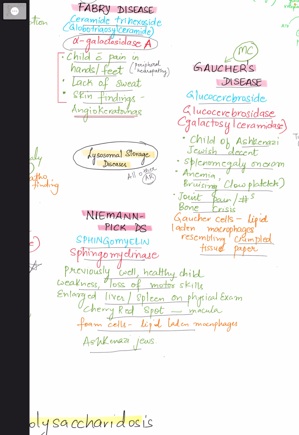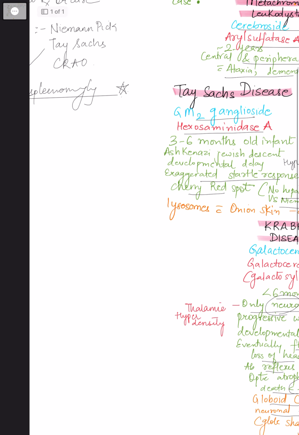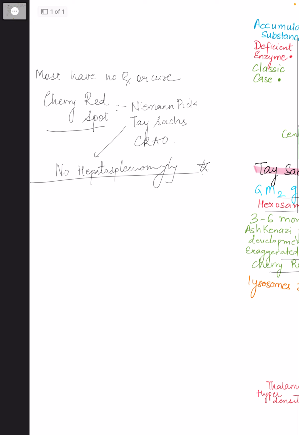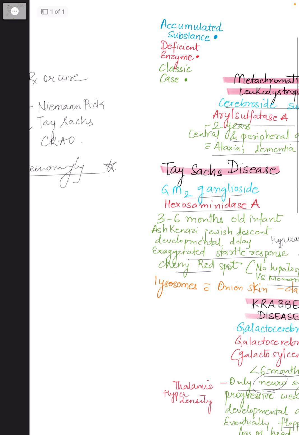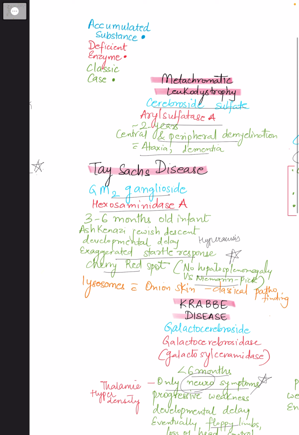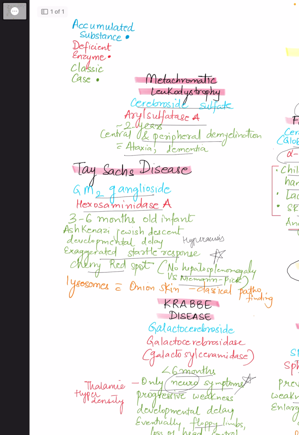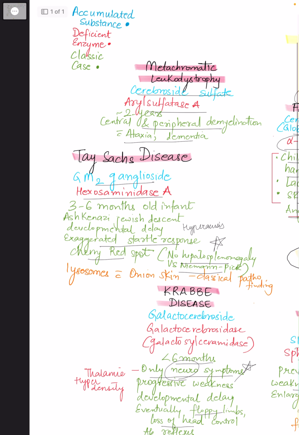Classical finding is cherry red spot which is seen in macula. Also we have foam cells which are lipid laden macrophages. Now talking about cherry red spot, we have this differential diagnosis: Niemann-Pick, Tay-Sachs, CRAO, that is central retinal artery occlusion. To differentiate between Niemann-Pick and Tay-Sachs, this is the classic differentiating feature which you all should remember